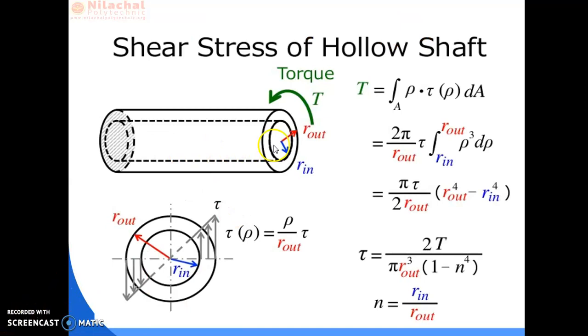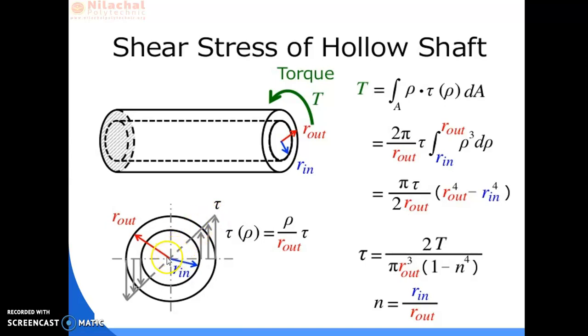As shown in the figure, there is a hollow shaft. T is the torque transmitted by the hollow shaft. There are two types of radius. One is outer radius, this is the internal radius. This is the internal cross section. This is the outer cross section. Now if you are going to calculate the shear deformation, this is the internal radius, this is the outer radius from the side view. So the stress distribution will be from center to outer surface, it is maximum. Gradually the load value is increasing.